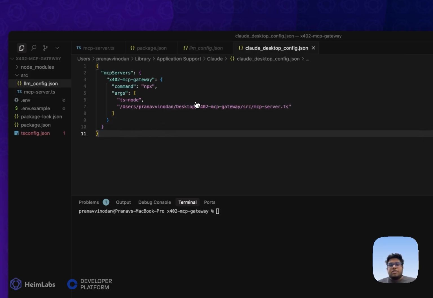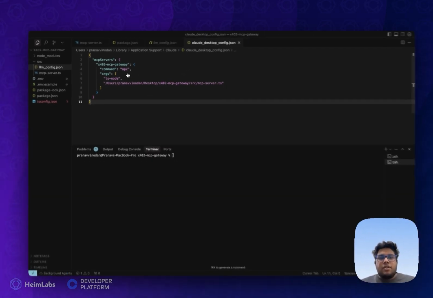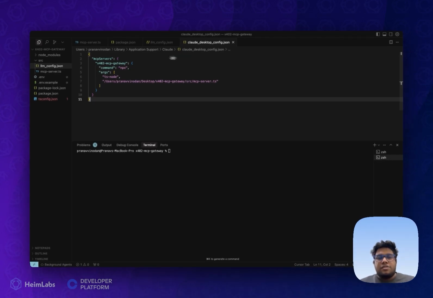As I'm using Claude Desktop, you can access the Claude Desktop configuration JSON in the Library folder. For normal cases, this JSON file is located in the Library folder for Mac. For other configurations, you will have to check the documentation and see how the MCP providers work. I've already imported the MCP server configuration in the Claude Desktop configuration for my Mac.